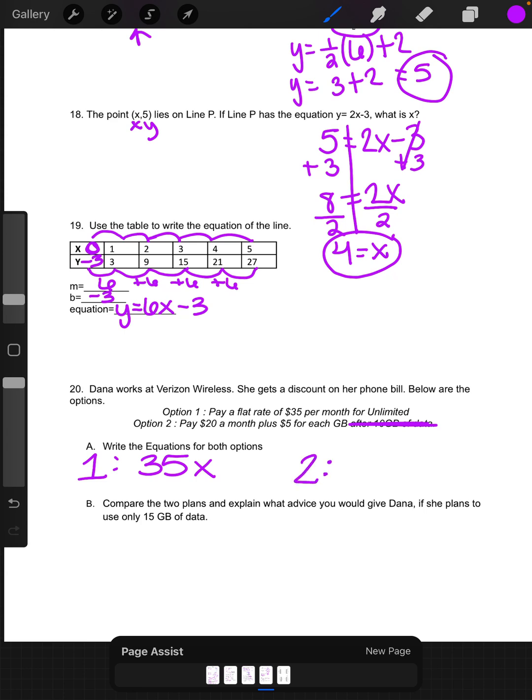And then option 2 would look like this. So $20 a month, and then plus $5 for each gigabyte. So 20 is my flat rate in this case because it's happening several times. So plus,